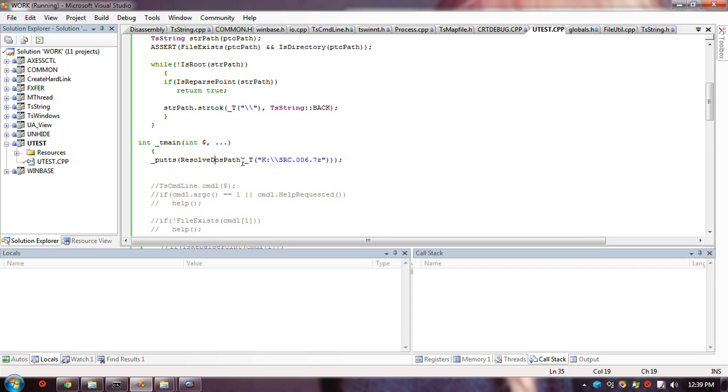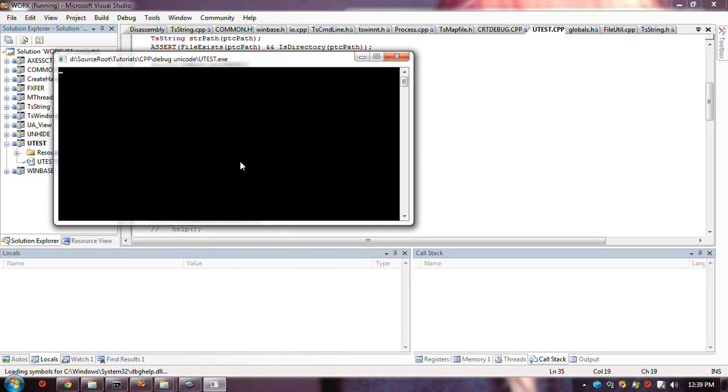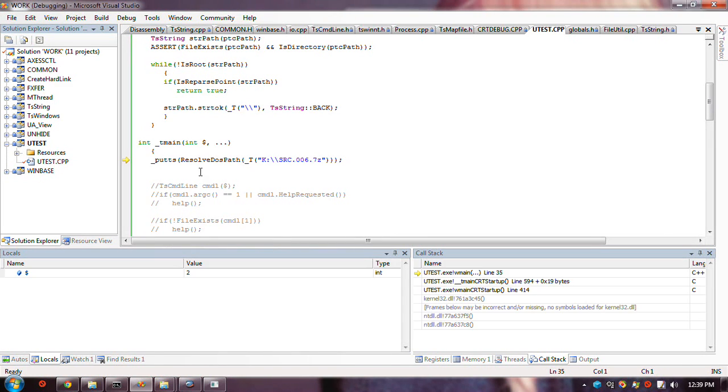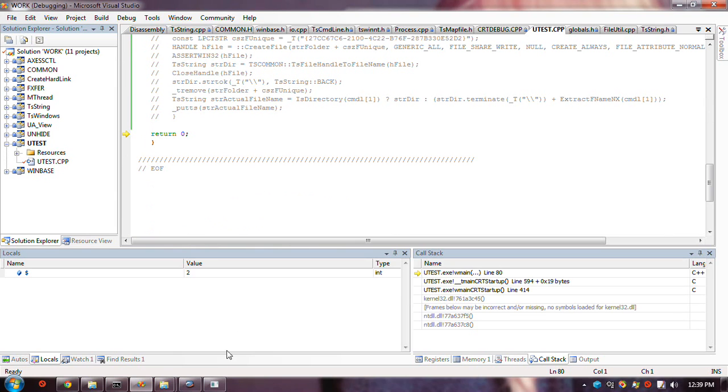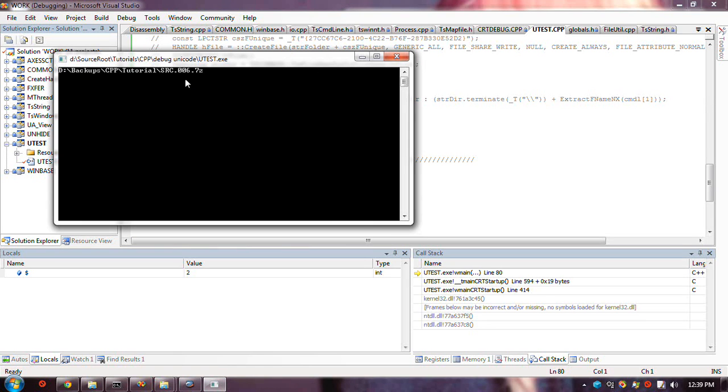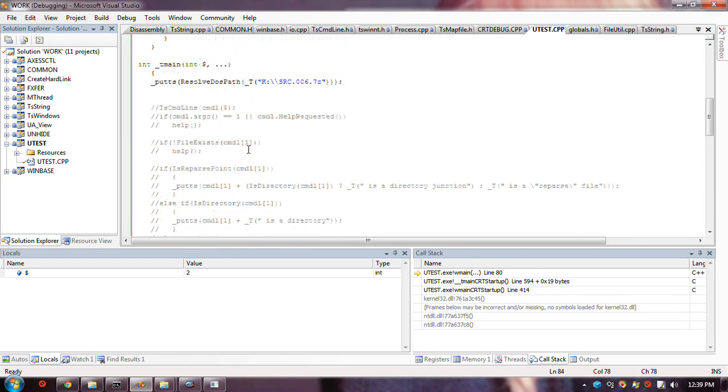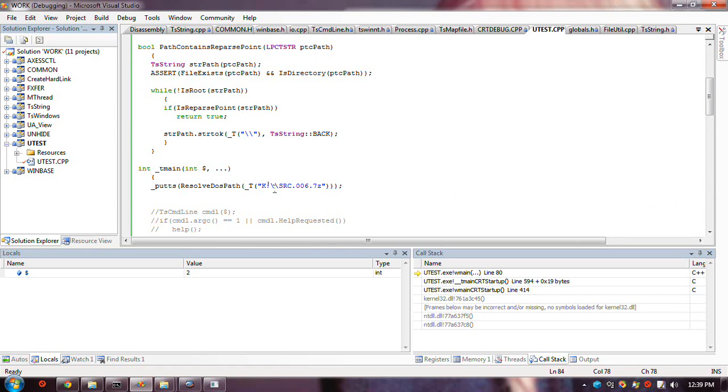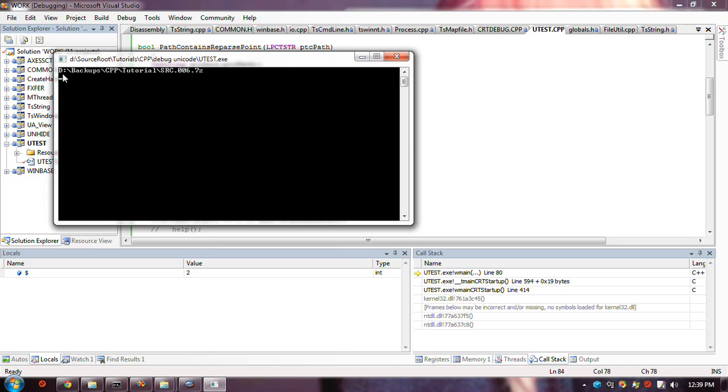Some of them, one of them definitely checks for existence. But this one, if it works, resolves it, takes the drive letter. It took this drive letter and checked to see if that was a real drive or a substituted drive, and it found it was a substituted drive, and then put in the real drive for that file. Okay.